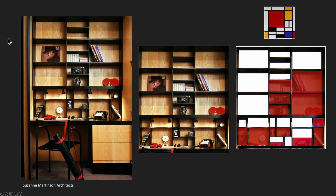Now, this is a boy's bedroom that Suzanne Martinson did, and we didn't have enough things that we brought in to be able to fill all these spaces, so we had to leave some blank. We had to put stuff in some, and we were thinking, both of us were thinking about how Mondrian would break up that space. Where would he leave emptiness, white space? Where would he put color in? And so I've darkened the areas where we put items in, and it makes a nice little pattern,